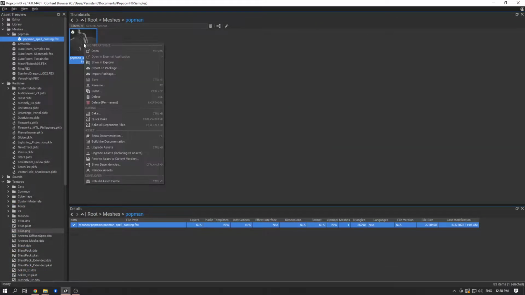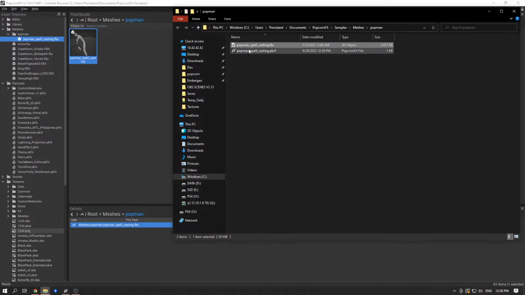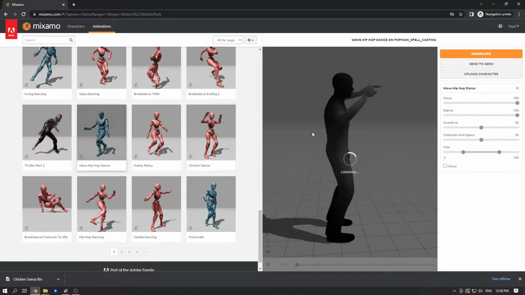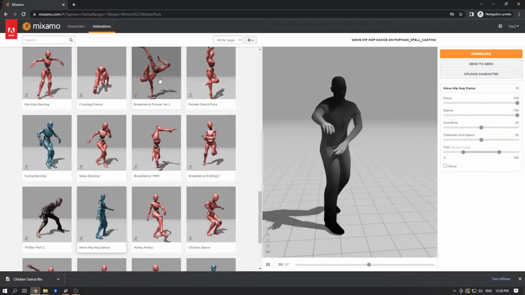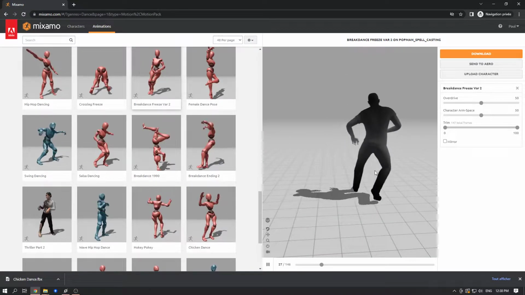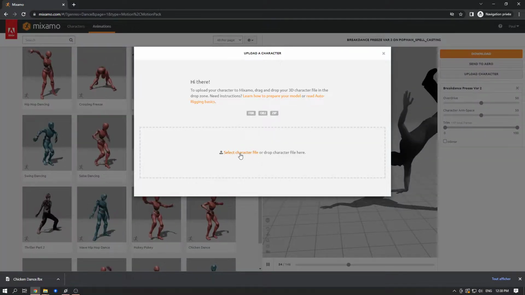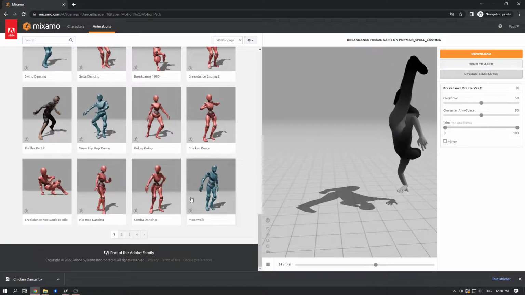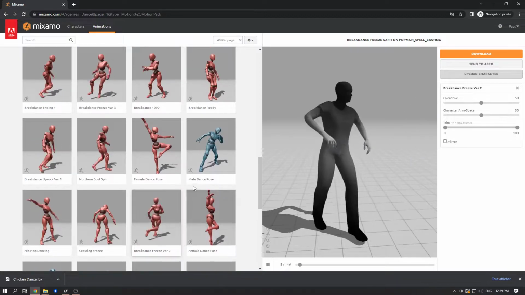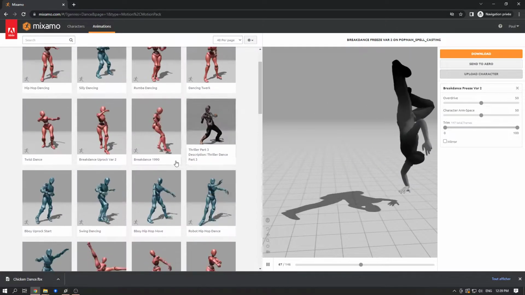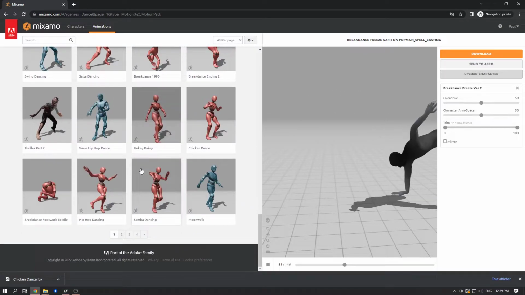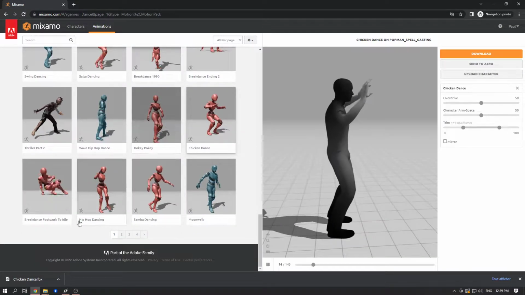So to do that, I've just imported the FBX file right here in Mixamo, as you can see. And you can just then choose animations to play on it. So you can upload the character here, select the Popman file here, and then browse Mixamo animations. And I had the idea of doing a dancing crowd, so that's why I'm browsing the dance animations here. And yeah, so I've already downloaded a few of those